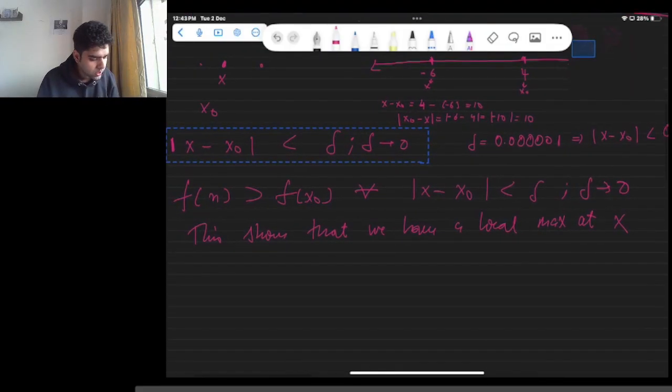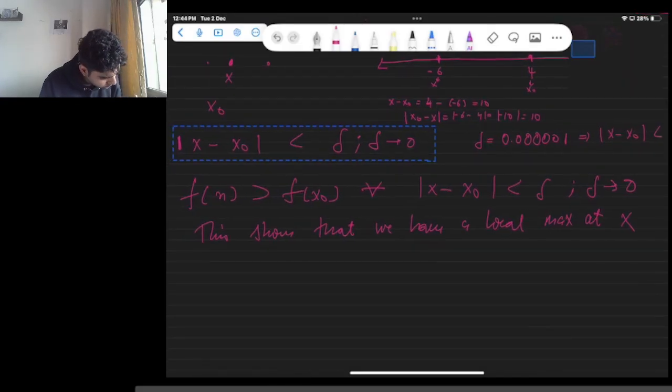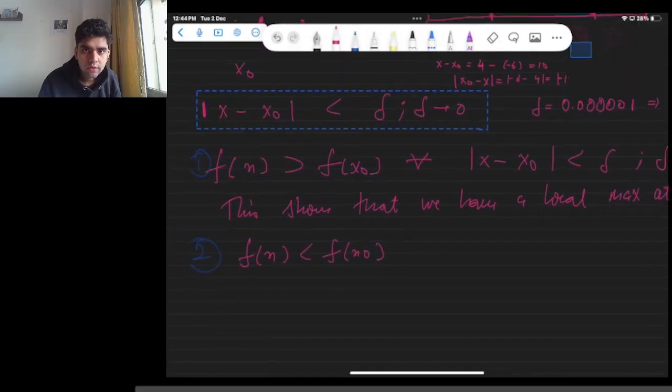Similarly, I can write the definition of local min. So if I write the definition of local min, let me just put 1, this is 2. So if I just put in the definition of local min, f(x) less than f(x naught), f(x) less than f(x naught),